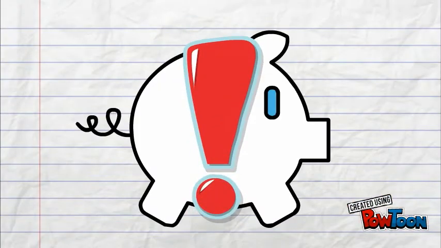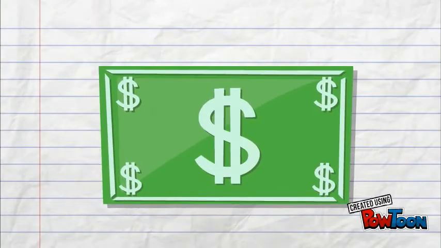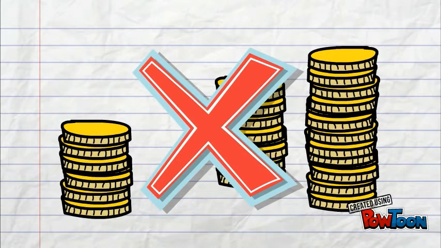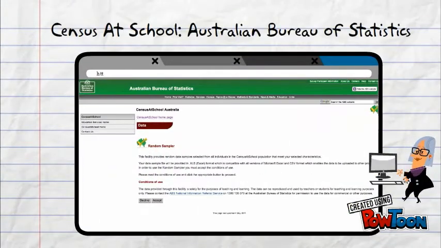However, caution: throughout the course of the investigation, it was important for me to note that the money earned by each student was calculated to the nearest dollar value, and no value to the nearest cent was recorded. The data used was collected from the Statistical website run by the Australian Bureau of Statistics. This site provides students with access to all sorts of random data which can be used to enhance their learning